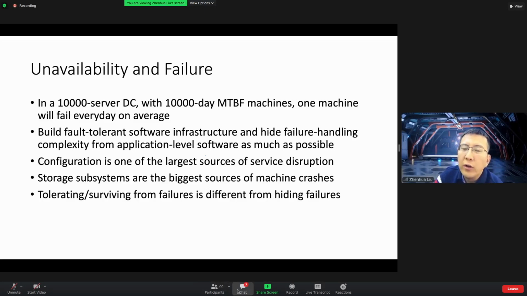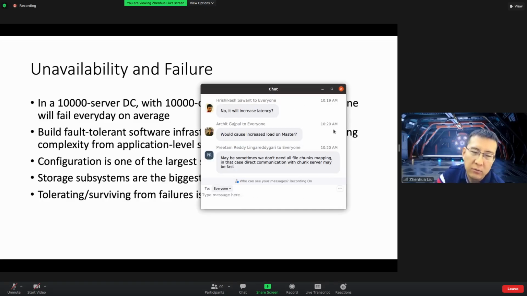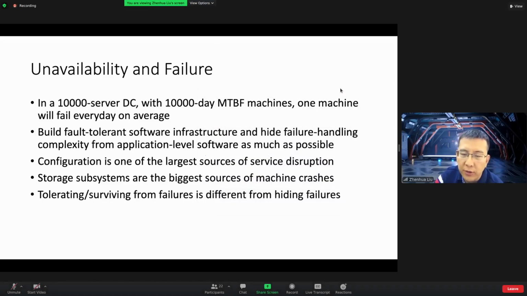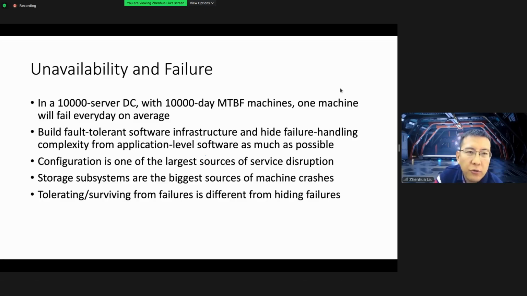And the goal is to hide the failure handling from the application. So if you use MapReduce or the Hadoop system, you don't need to worry about the failures. Those are handled automatically. Regarding the sources of failures,